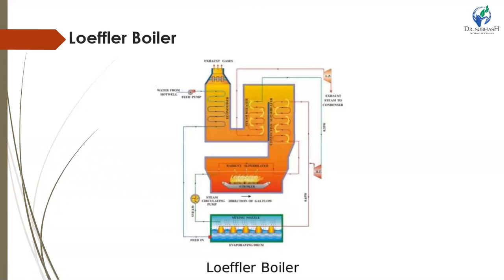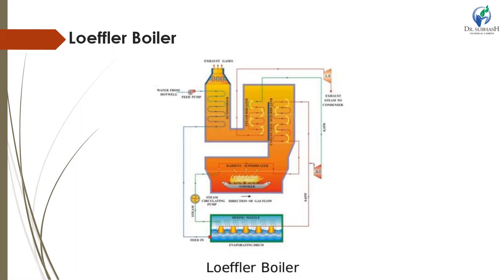The major drawback in the La Mont boiler is the deposition of salt and sediment on the inner surface of the water tubes. The deposition reduces the heat transfer, and hence the steam generation capacity is also reduced. It also increases the danger of overheating of the tubes due to salt deposition.